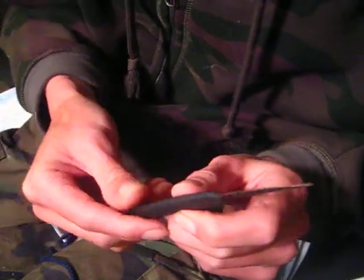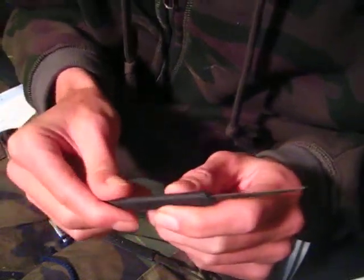I don't feel like destroying a stick knife or a Sparrow shank to find out why, but